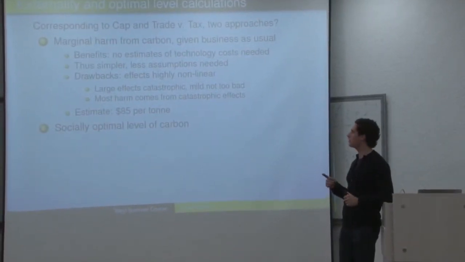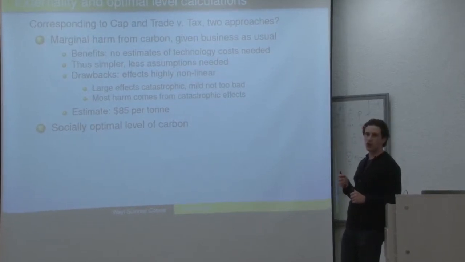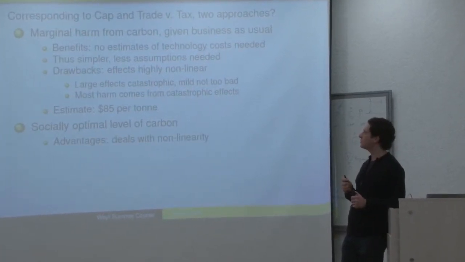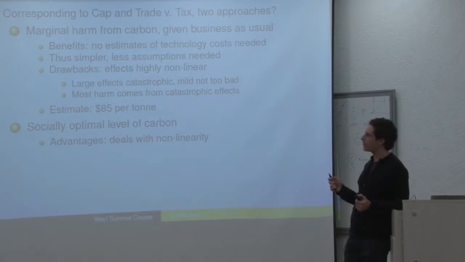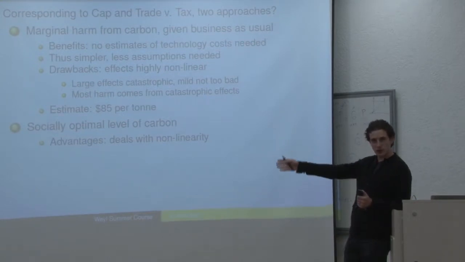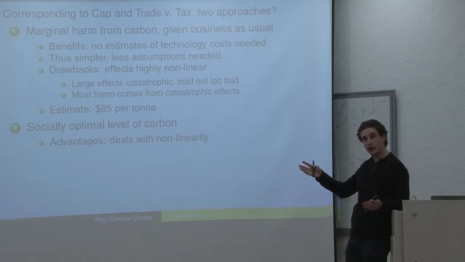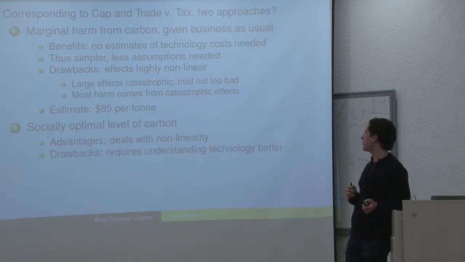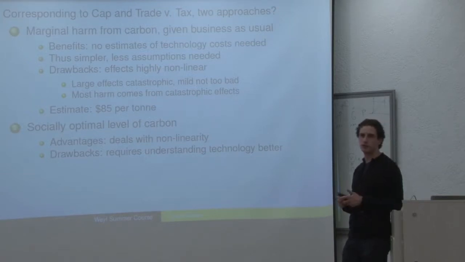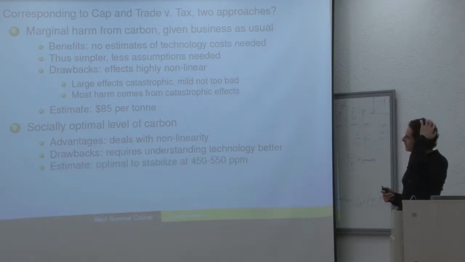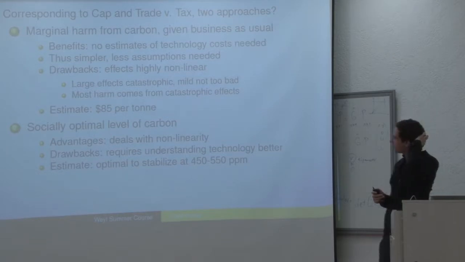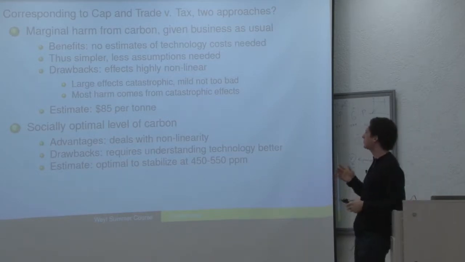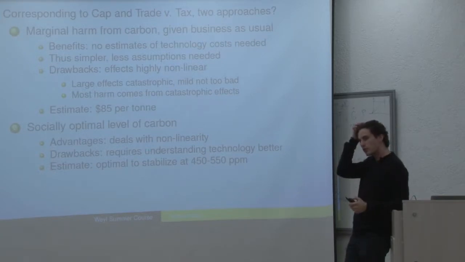The second approach was to try to figure out what the socially optimal level of carbon would be. And the advantage is that that dealt with the nonlinearity and therefore with some of the problems of prices versus quantities we were talking about, right? You probably want to put a cap on if you've got this very nonlinear effect. But the drawback was that it required understanding much more about what the technologies are, how costly it would be to reduce carbon, and that sort of thing, right? So there they determined that it was optimal to try to stabilize things at 450 to 550 parts per million